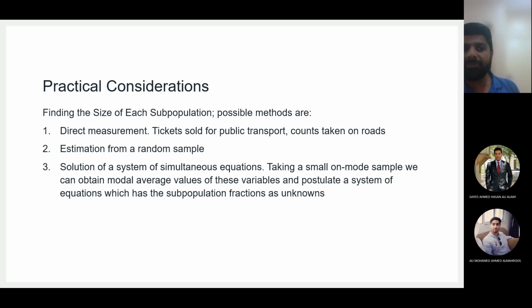For that we have some direct measurement methods. For example, you go to the bus company and you ask them how many tickets they are selling, and then you take the counts of cars on the road or the cars registered in the kingdom. That is direct measurement. So you know how many cars are there, how many people are using the buses. If it is possible, good. Another thing is to collect a random sample, which I mentioned in the previous problem as well: you do a short survey, and the purpose of the short survey is just to find out the categorization of the users. So you are just asking people, do you use car or bus?